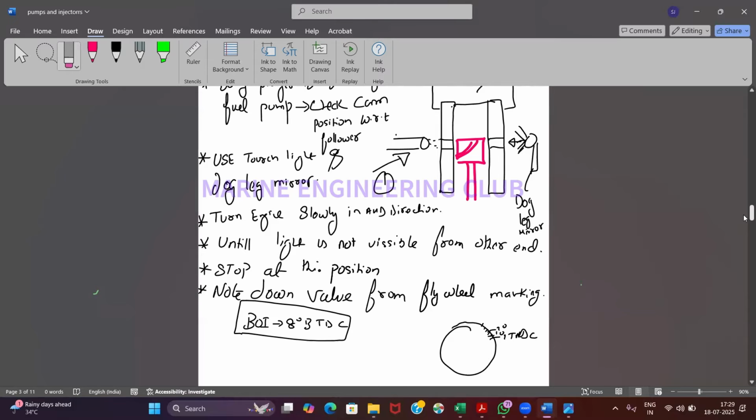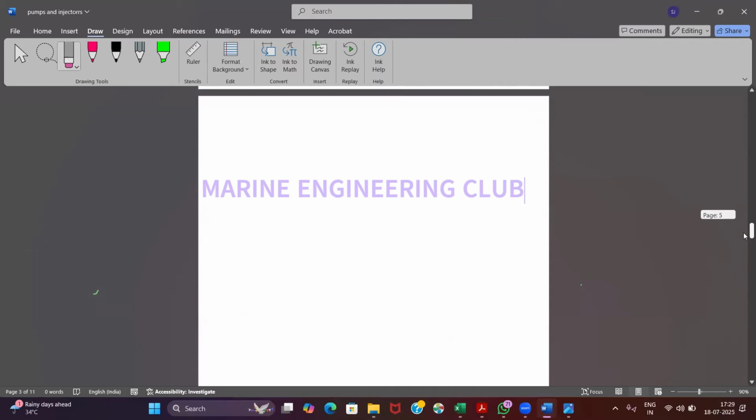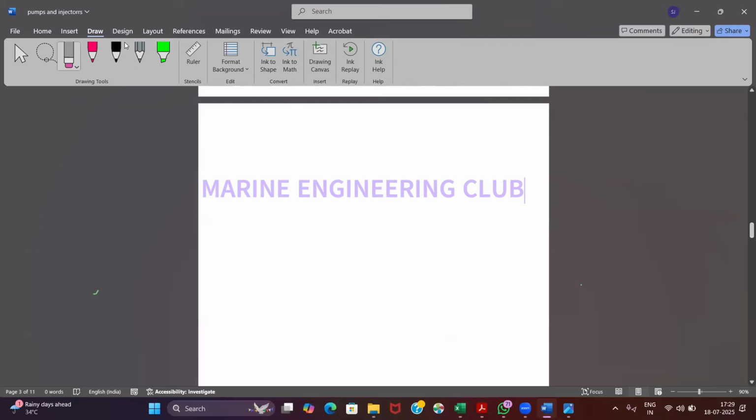So this is one method. The second method is, see, in the exam they will ask you to explain only one method, and you go for the first method I told you. The second method is: you remove your delivery valve. Obviously fuel oil is shut and all those isolation points you have to write again. I am not going to write it again now. Just remove the delivery valve